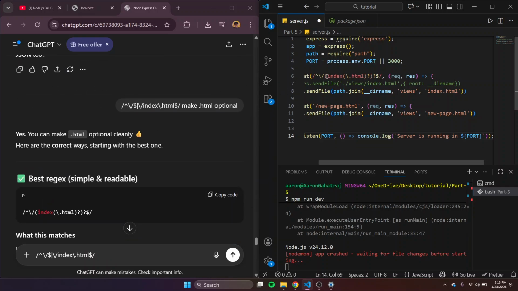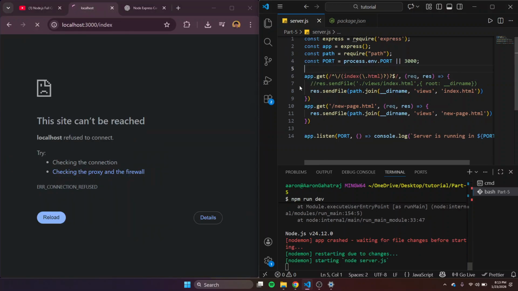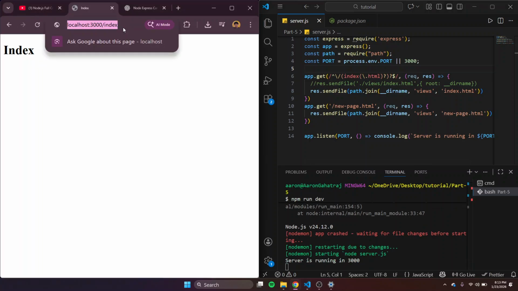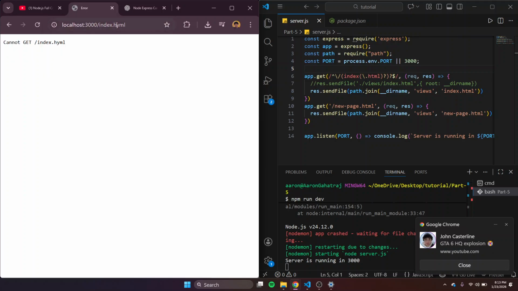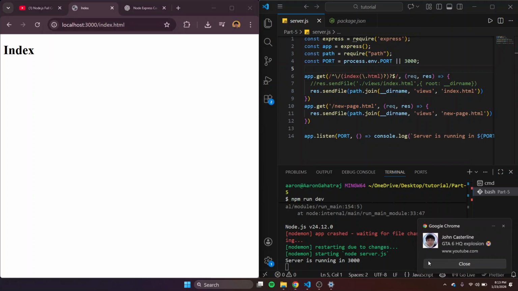So this map is completely optional to do whatever it wants. So this is optional. So the slash and slashing. Okay. HTML